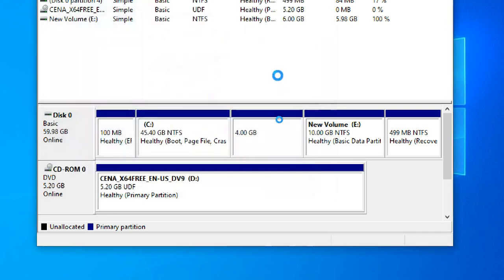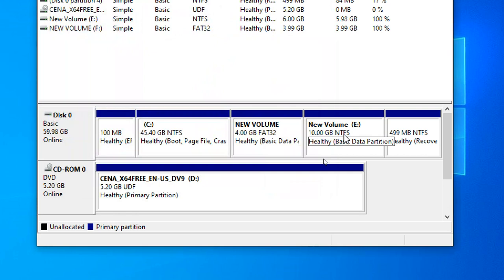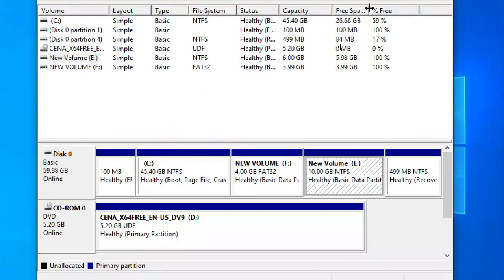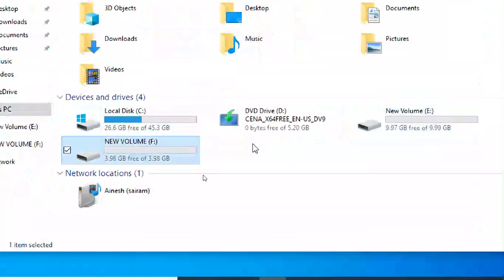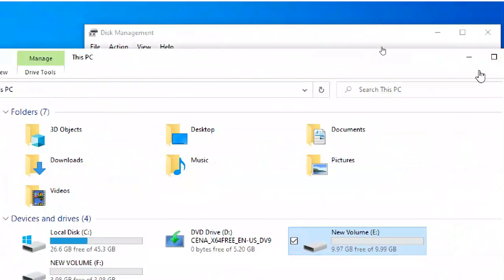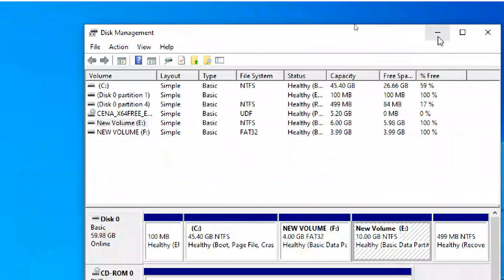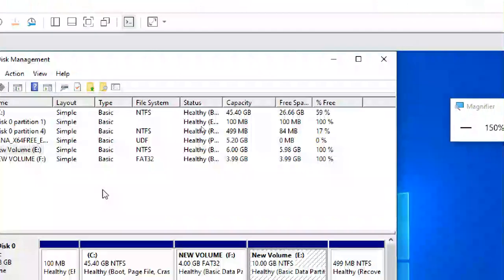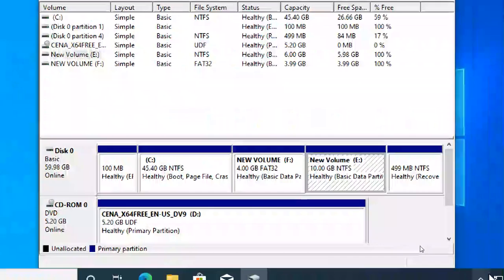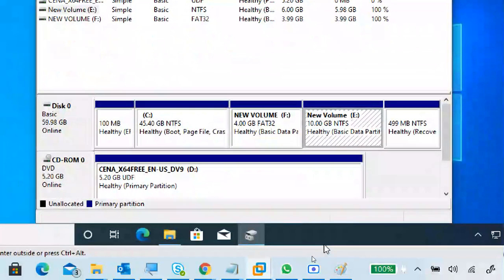Next, finish it. Now this is NTFS, this is FAT. So two volumes I created. This is a 4 GB FAT. This is a 10 GB NTFS. So this is how we can create partitions like this. Okay. So we'll see the difference between these two things. Based on that, we can do practicals. This is disk management part 1. Next, we will do file system practicals.